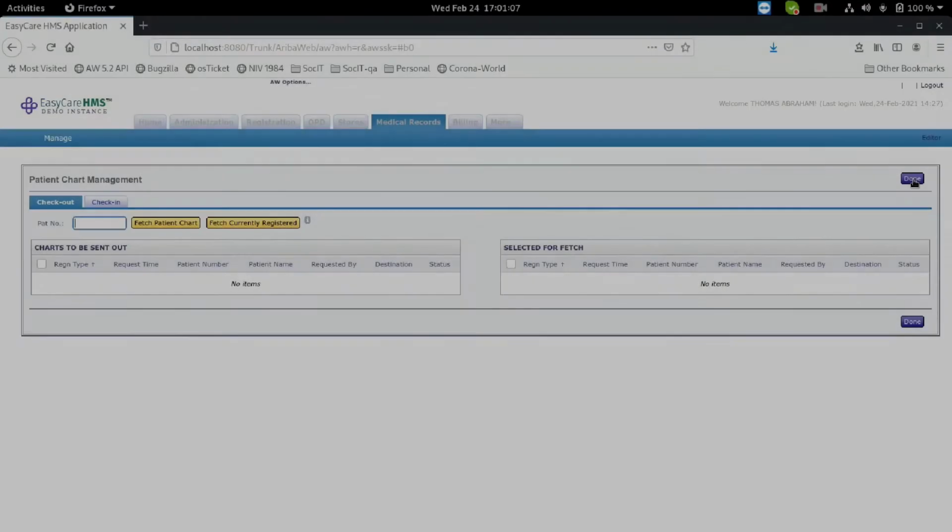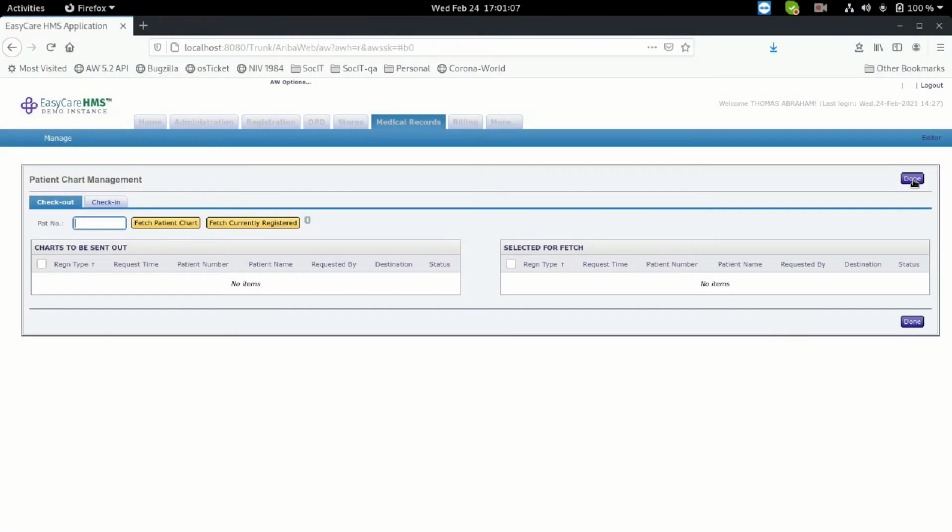Hi, I'm going to be demonstrating how to use the chart management functionality in EasyCare. Chart management is to be used by those hospitals which keep patients' charts in their medical records department. And when the patients come back to revisit from the registration